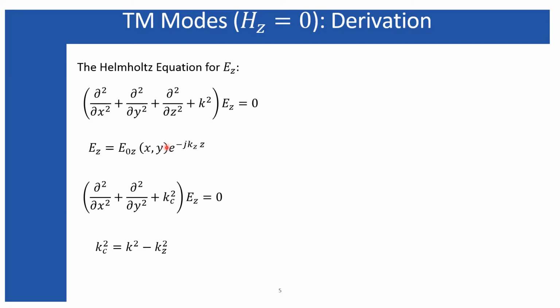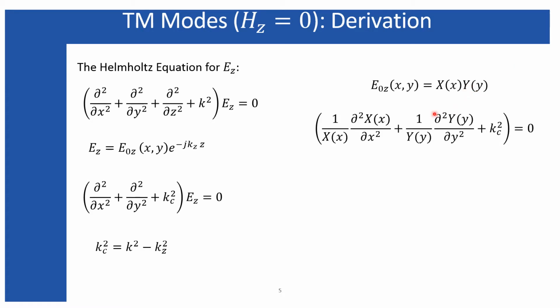Now we need to find out the variations of this Ez along x and y directions. Since it depends upon x and y, we can apply the method of separation of variables by considering the x dependent term and y dependent term as a product of both of them. Now, plugging these conditions into the equations I have obtained, we can separate out the x dependent variable and the y dependent variable, and we can name the x dependent part as minus kx square, whereas the y dependent part as minus ky square.